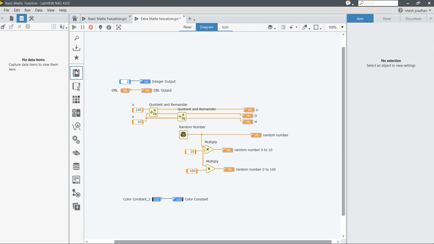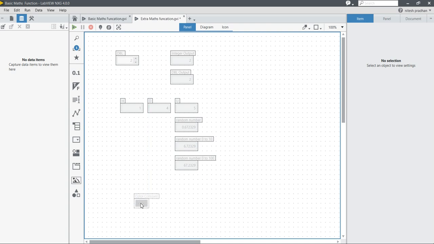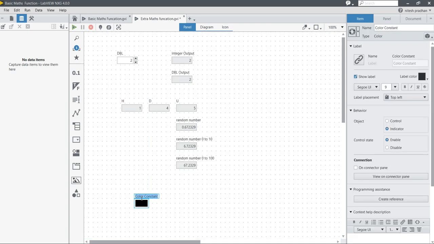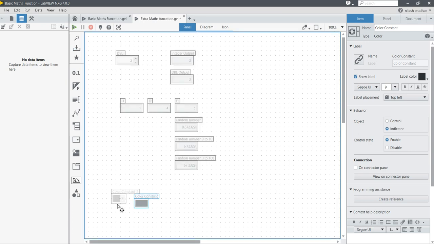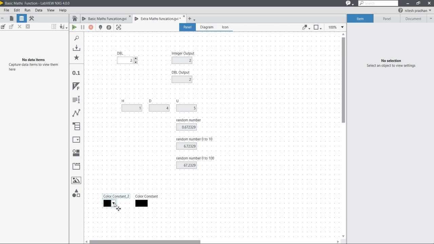Come into the front panel. Color constant, it's an indicator type, and color constant, it's a control type. How can you know? Look at here. This one is this one.